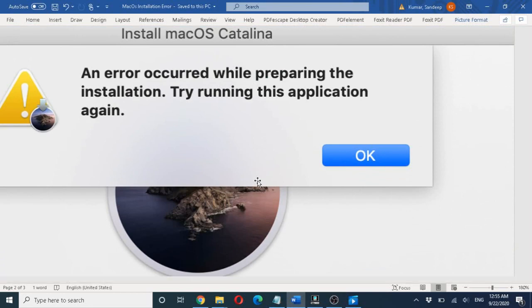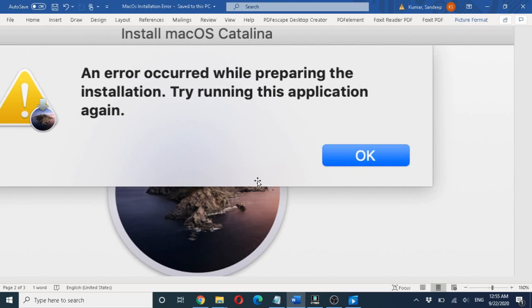We will see how we can resolve that and install. It is very easy, guys. I'll provide step by step instructions, and in a few minutes you can recover your system and install the new Mac operating system.